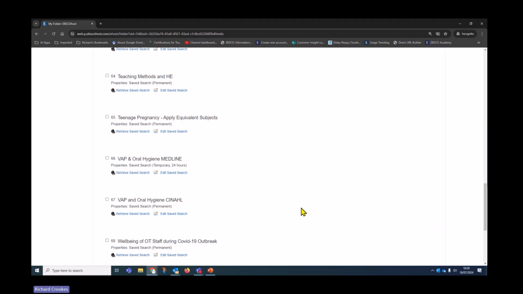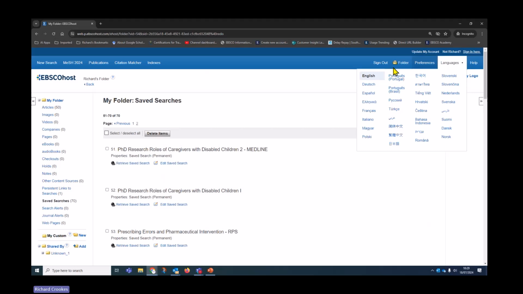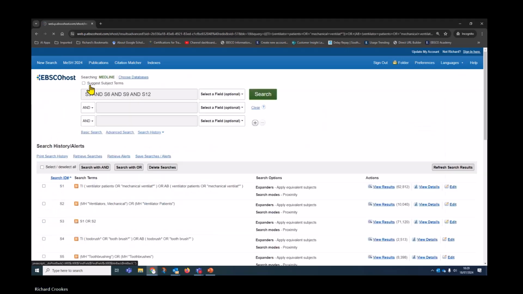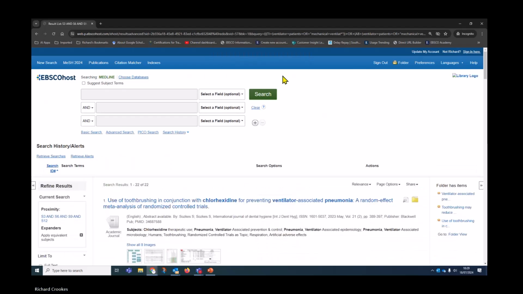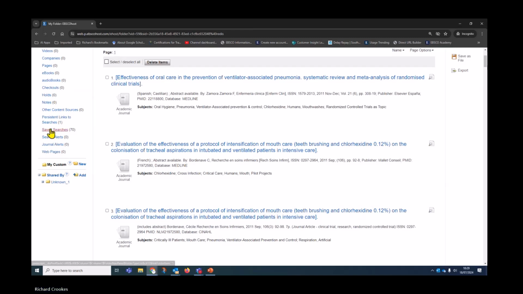Now, one thing to know about when you save a search, in case you were not aware, when you retrieve the saved search, it will run on the database that you're viewing. Now, since I'm in Medline right now, if I'd cleared my screen, so for example, if I went here, go back, so go back again. So if I clear my screen here, delete these searches here from Medline, click OK. If I go into my folder, go to my saved searches,